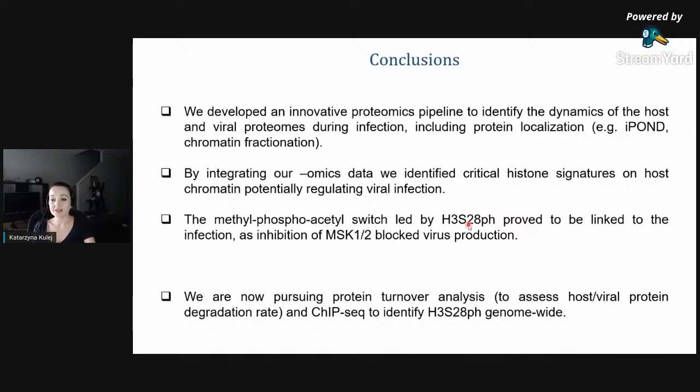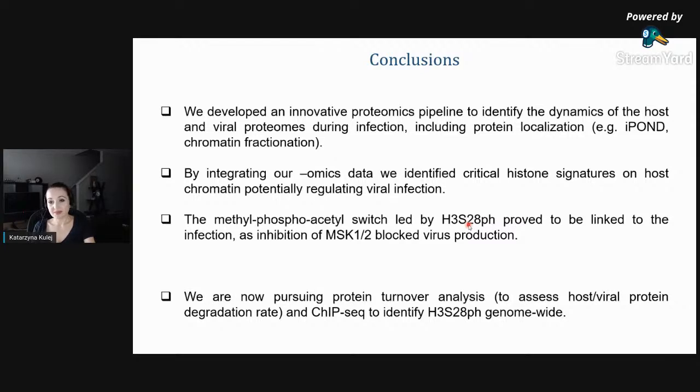We also could define the protein localization on the chromatin, virus versus host, using an IPON and chromatin fractionation. And using our omics data, we could prove that indeed there are global histone changes